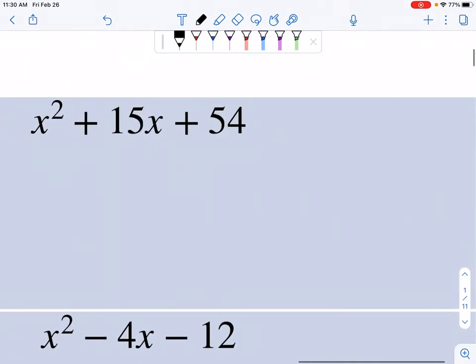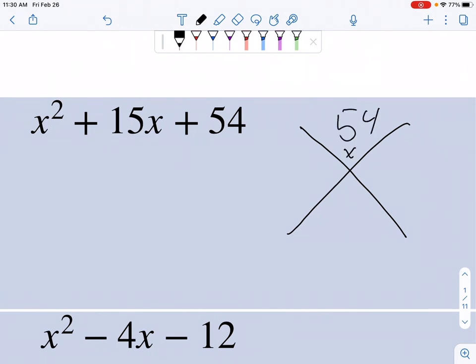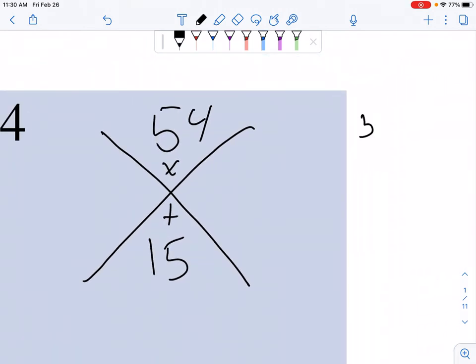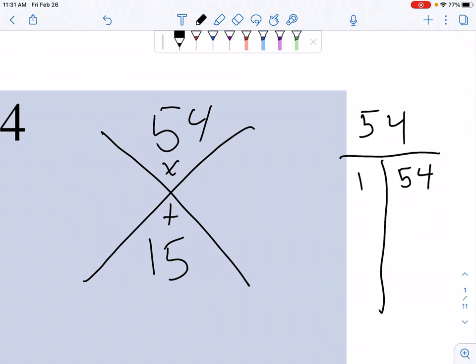Let's see another example here. 54. So in my big X, I'm going to have 54 on top. I'm looking for what will multiply to make 54, and 15 on the bottom, what will add to make 15. So I'm going to list my factors. So if I'm thinking of 54, I have 1 times 54. And then you could divide. You could say 54 divided by 2. And if you get a decimal, it doesn't work. If you get a whole number, it does work. So for this one in your calculator, if you did 54 divided by 2, you're going to get